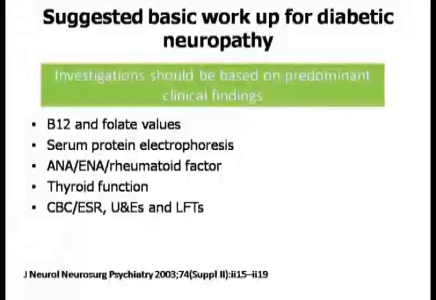Look at B12 and folate levels. Look at a serum electrophoresis. You have paraproteinemias and monoclonal gammopathy associated neuropathies. Look at vasculitic etiology, thyroid functions, counts, ESR, LFTs. You can look at creatinine, renal dysfunction, and uremia is another cause of neuropathy. So if you see anything which is beyond the normal thing, please refer the patient or get an opinion from